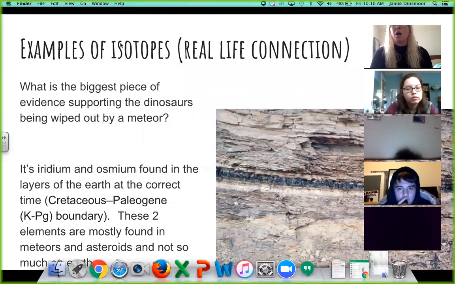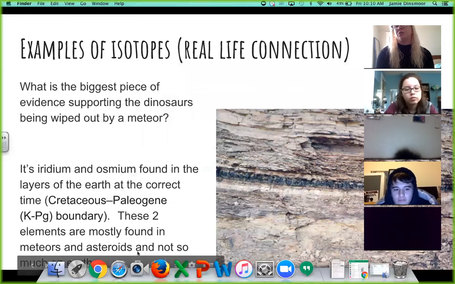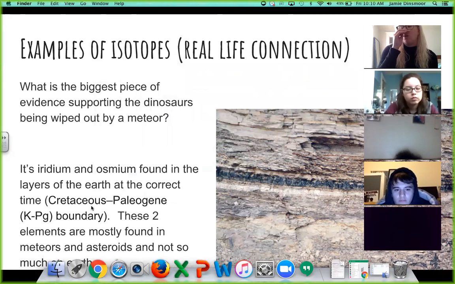And then they thought, okay, that's pretty compelling. But of course, because we're scientists, right, other scientists were like, nah, you're crazy. That's not what happened. So people started looking for layers of different elements that are found mostly in meteors and asteroids. So the big extinction that knocked out the dinosaurs, right, occurred between the Cretaceous and the Paleogene time periods in the geologic time scale. So scientists started going back into the rock to how old that was and looking for clues. And they actually found